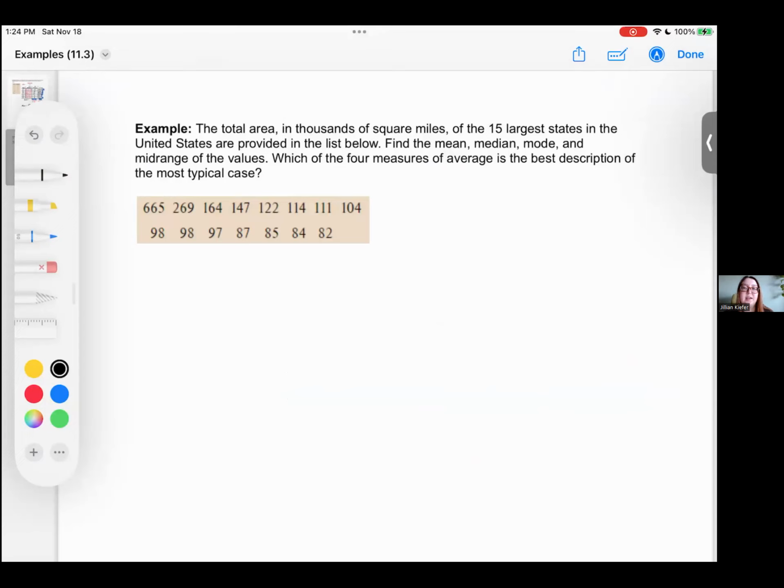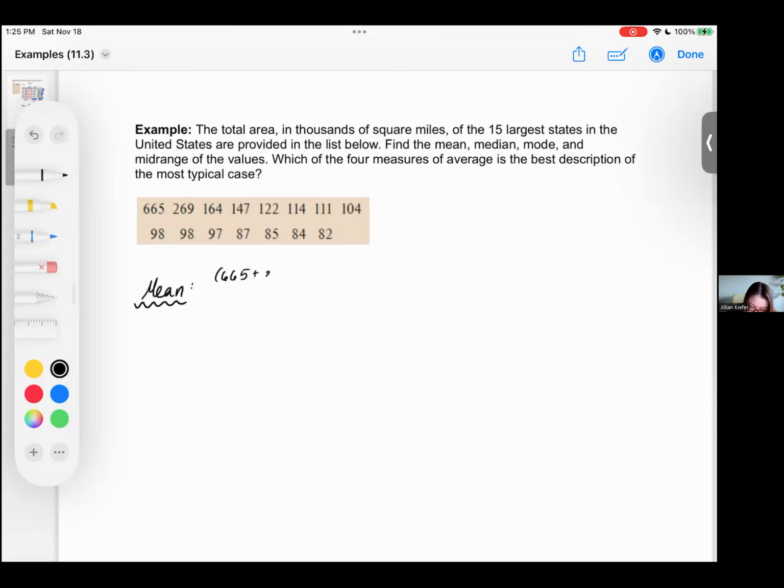All right, so here we have our example. We have our data set. We know we're going to find the mean, median, mode, and mid-range for our set of values here. So let's go ahead and get started with the mean. We know that the mean will be the sum of all of the data points divided by the number of numbers. So if we look at this, we can go ahead and start adding them all together. So we'll have